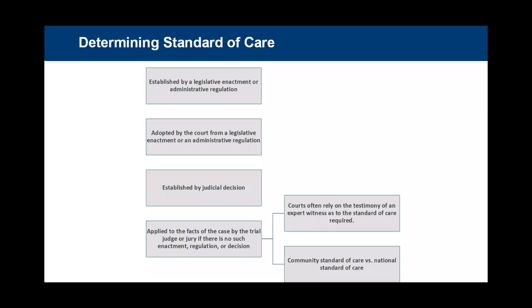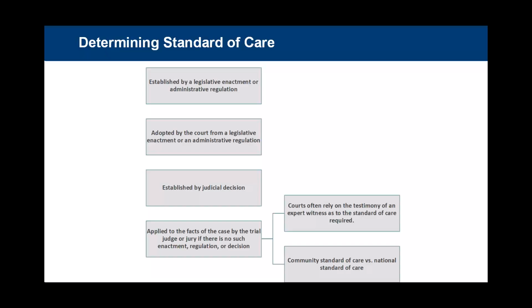Judicial decision. In the absence of explicit laws, courts establish standards through precedents set by previous cases. These judicial decisions provide guidance on what constitutes reasonable behavior in similar circumstances. Application by judges or juries. When no specific standard exists, trial judges or juries determine the appropriate standard based on the case's facts. They assess what a reasonably prudent person would do in the same situation. Expert witness testimony. Courts frequently rely on experts to define the standard of care required in specialized fields, ensuring informed